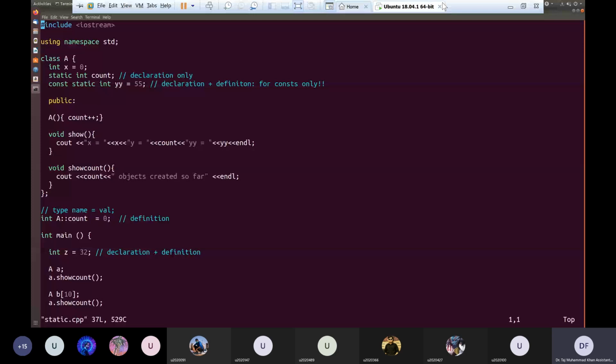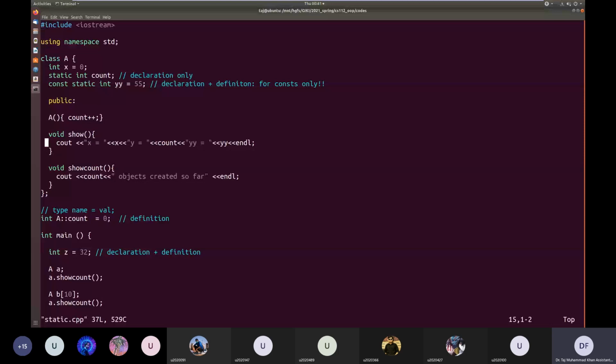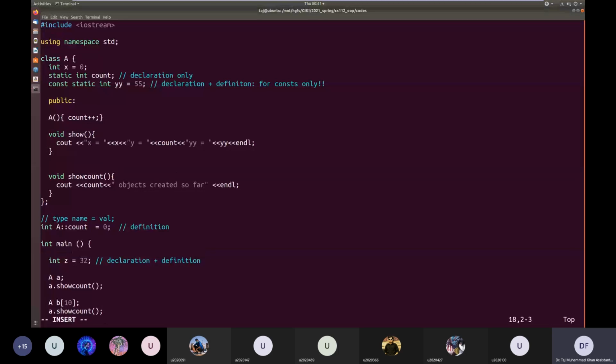Just like we can have static member variables, we can have static member functions. Let's just make this show count function static.